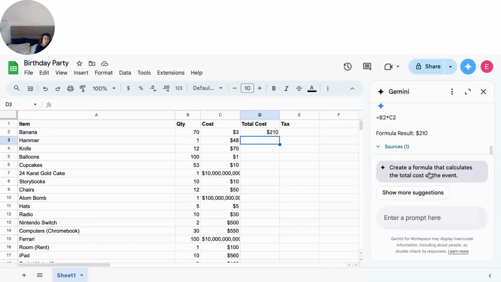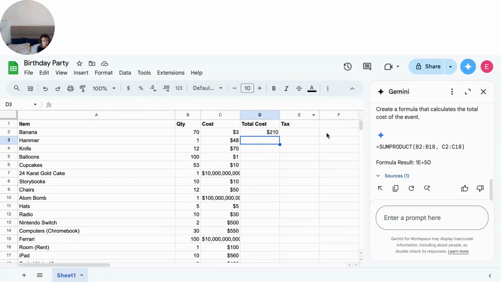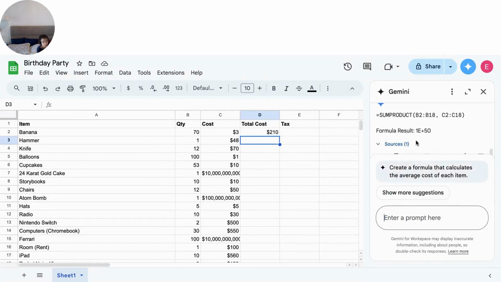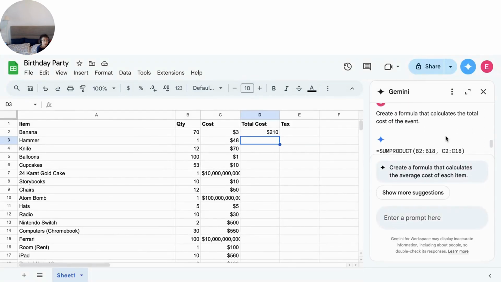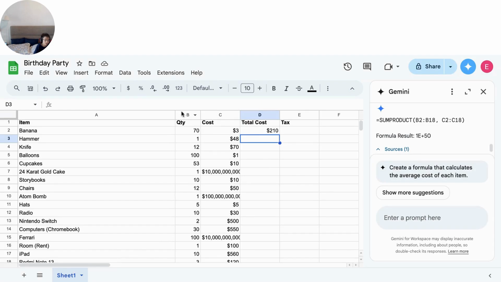Total cost of the event. Yeah, let's try the cost of the event. Okay, so sum of the product of B2 to B18 and C2 to C18 from the result. Okay, and the total cost is 1E plus 50. I guess it's an error. Maybe we'll have to adjust this. So